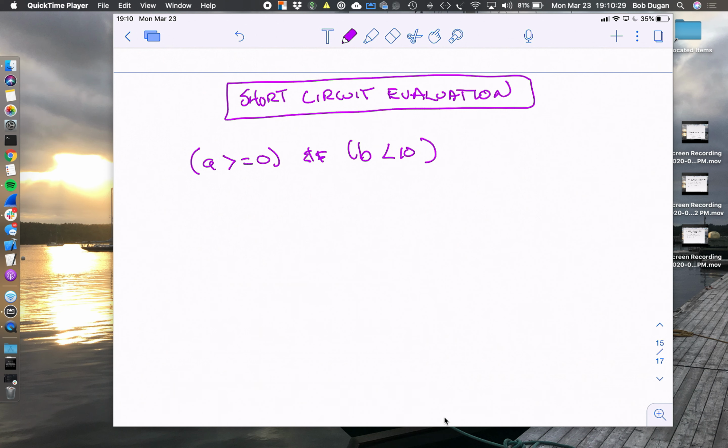All right. So do we always have to evaluate B is less than 10? I mean, think about it. From a performance standpoint, do we always have to evaluate B is less than 10? And the answer is no, we don't, right? If this evaluates to false,